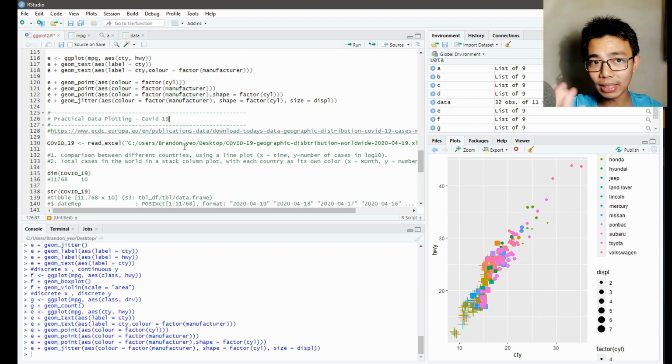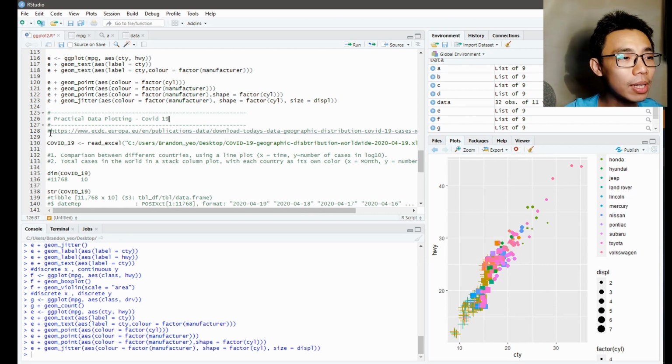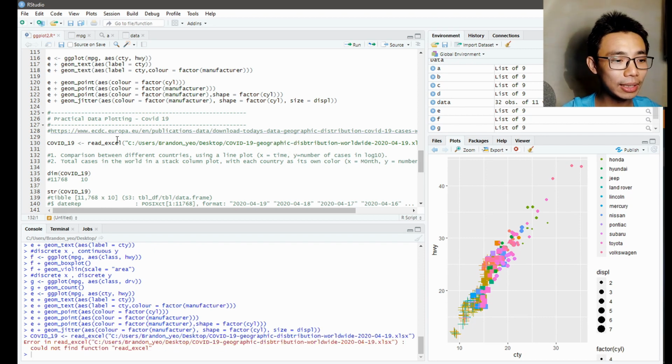Because of the recent events, I'm trying to plot the data based on COVID-19 distribution and the new cases found in different countries. So I found a data set on the ECDC Europe website where they have all the newly found cases worldwide, nicely labeled with their geographical locations and their populations and so on. So I'm going to try to read this as a